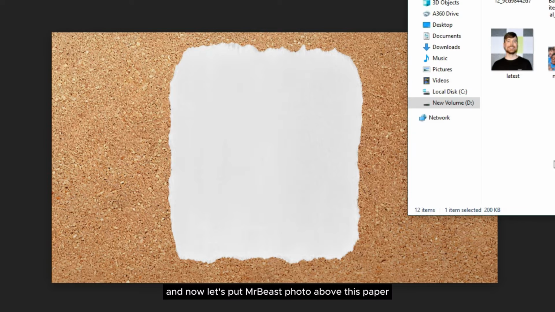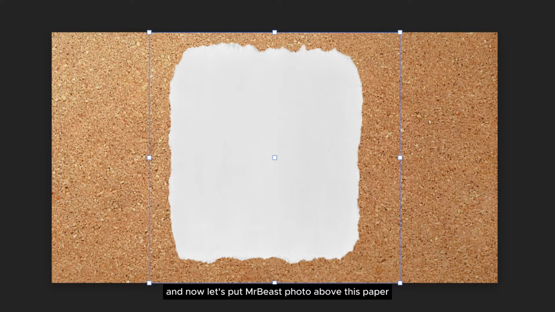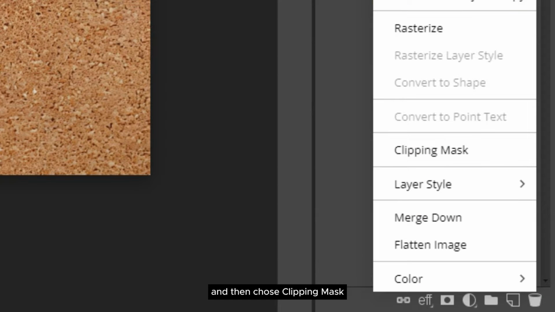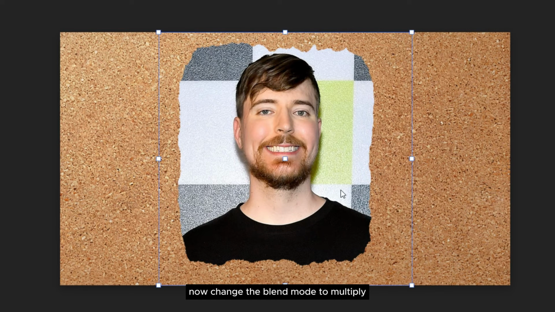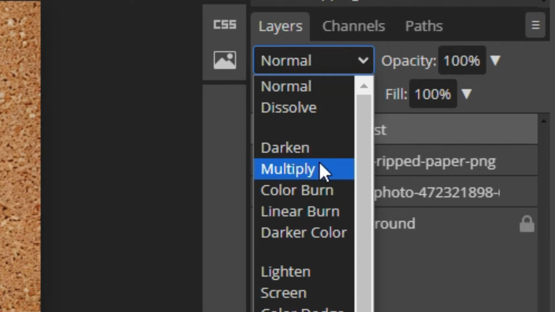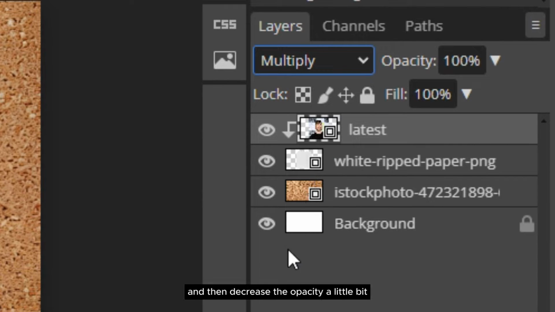And now let's put the MrBeast photo above this paper. Go to this layer, right click and choose clipping mask. Now change the blend mode to multiply and then decrease the opacity a little bit.